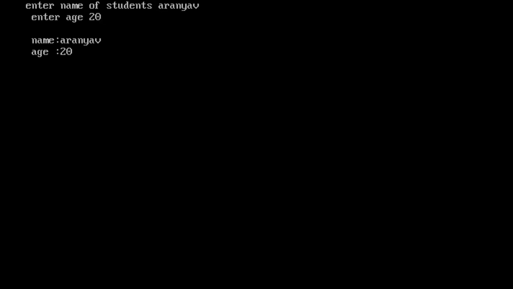When I perform enter name of student and enter age, this all task was done with the help of the get data function, and the third and fourth lines are done with the help of the display function. So these two functions are working here.